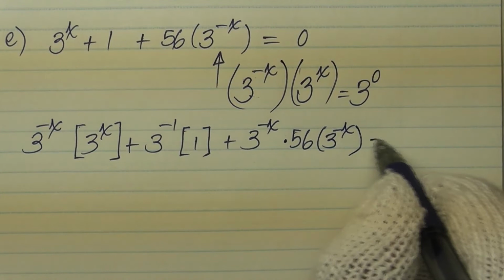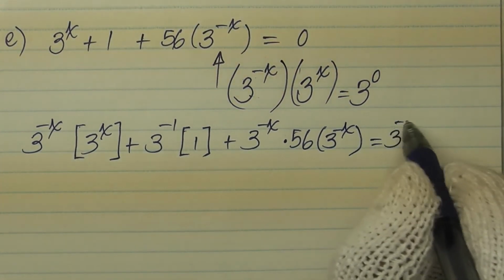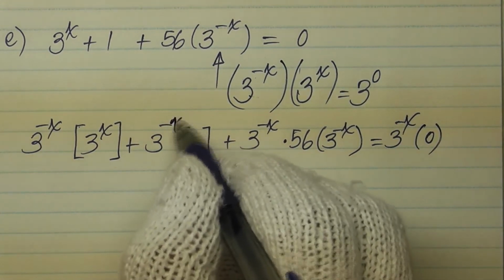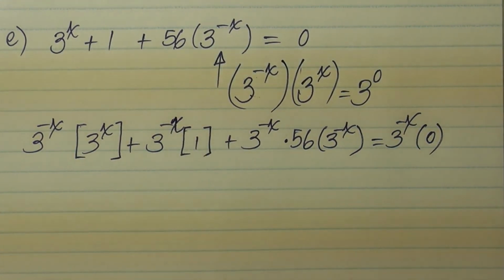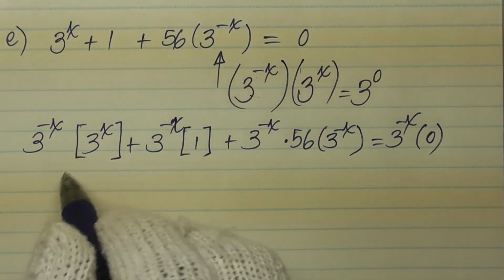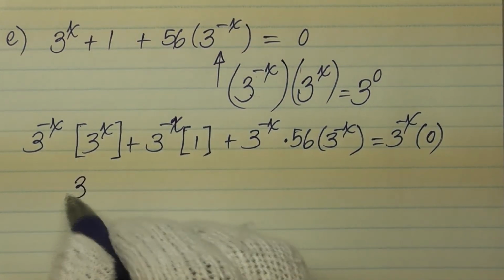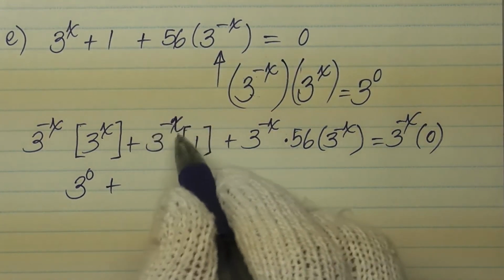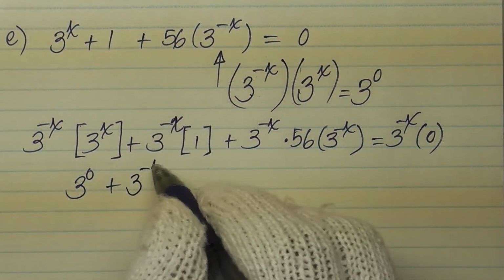All of that is equal to 3 to the minus x times 0. Sorry, I made a typo there. So 3 to the minus x times 3 to the x will give me 3 to the 0 plus 3 to the minus x